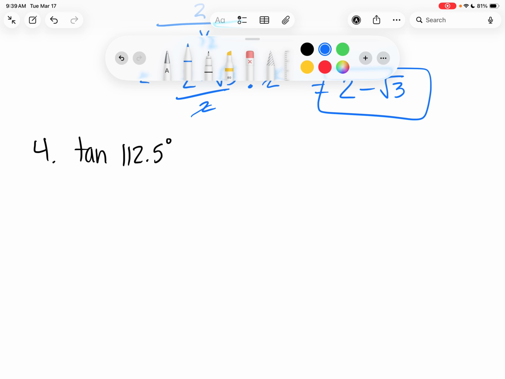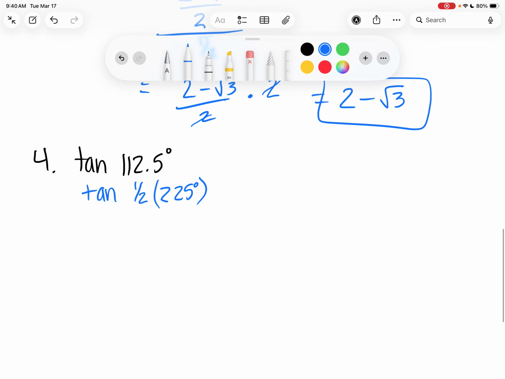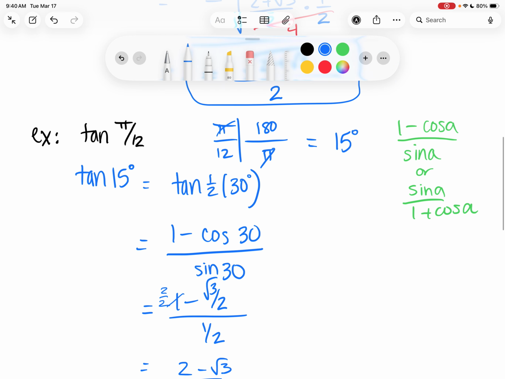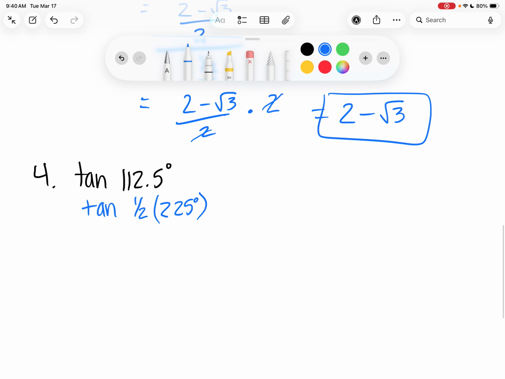All right, so tangent of 112.5, that is the half angle of what? 225. So now I can use either of the formulas. Do you want to use the first one or the second one? First one. Okay, so we'll have